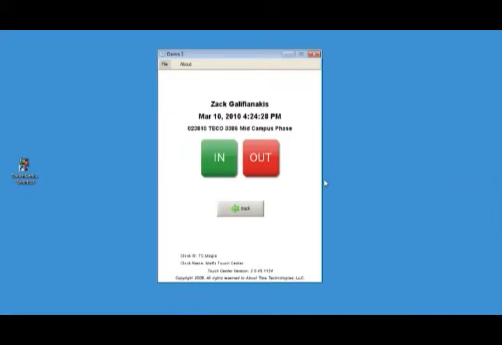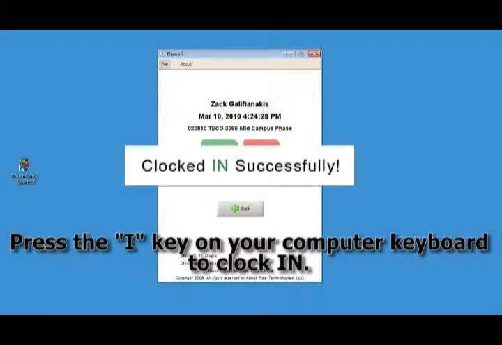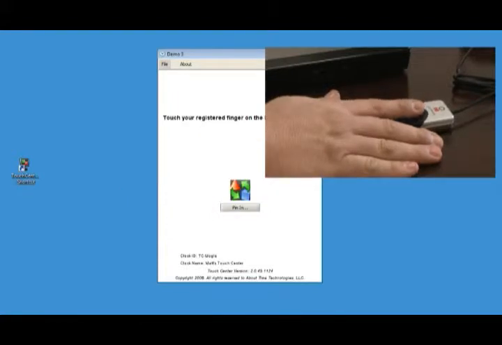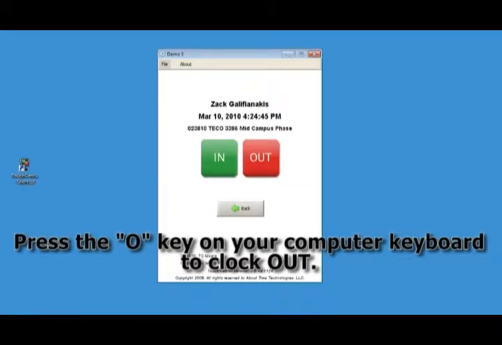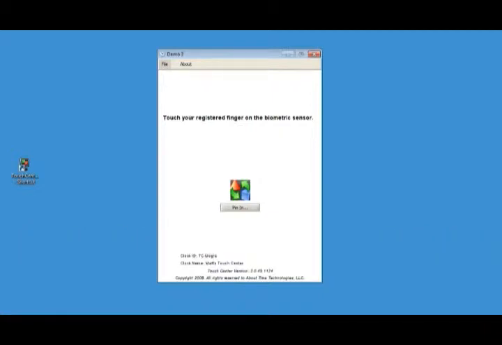If I was to do that again, I could use the mouse to navigate to click on in or out, or I can use some of the keyboard shortcuts. If I was to press I on my keyboard, that would clock me in. And if I was to press O, that will clock me out. So those are some keyboard shortcuts that you can utilize if you don't want to use the mouse to navigate your screen. Now I'm going to demonstrate